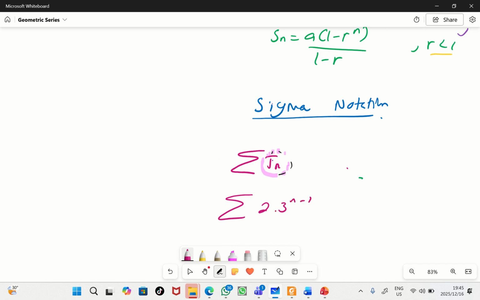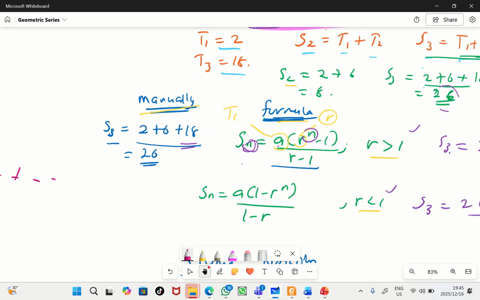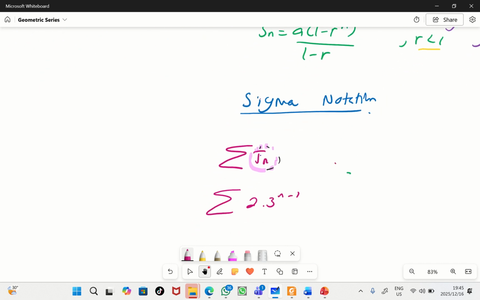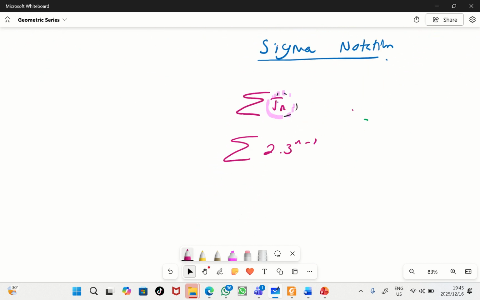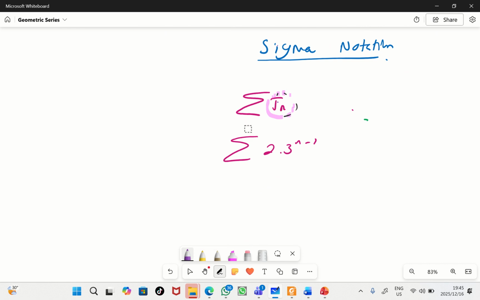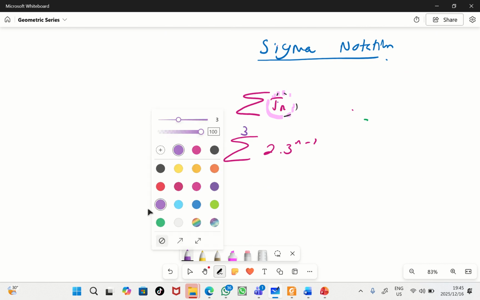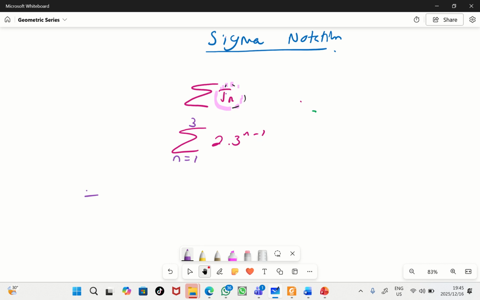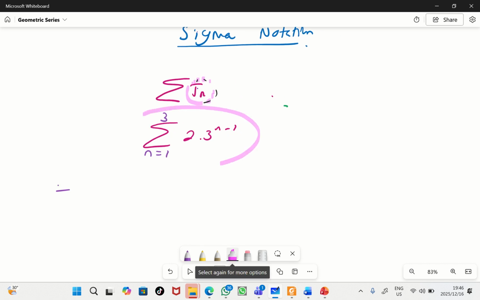That's about that. Now, remember that we found S3 manually and using the formula. So for us to find S3 using sigma notation, we're going to do this. Put 3 there at the top, then n equals 1. So what does this mean? This is a math statement, right? But I'm going to write it in English. It means